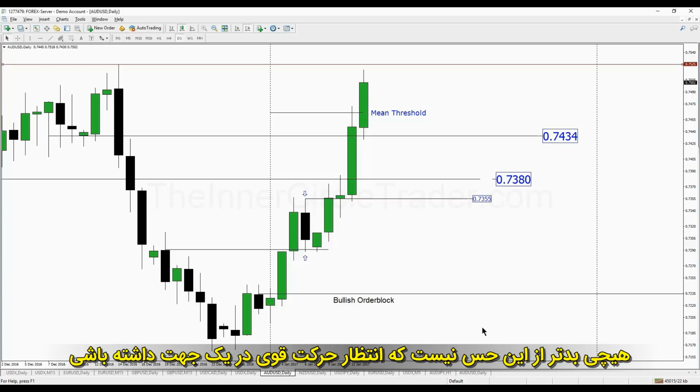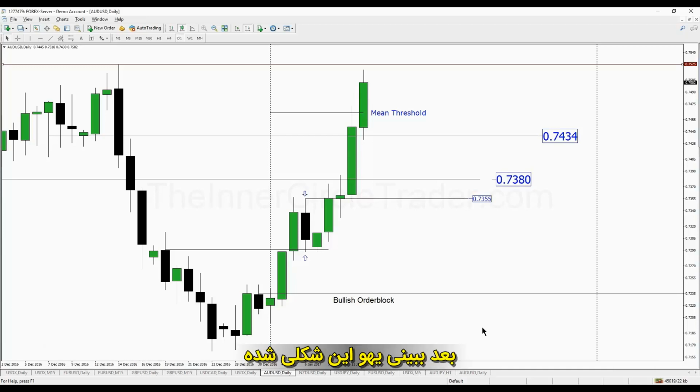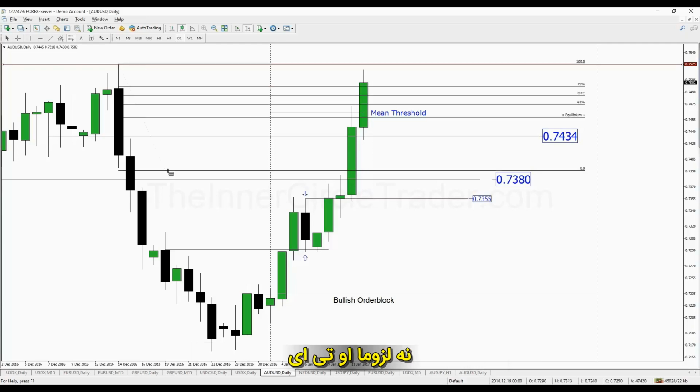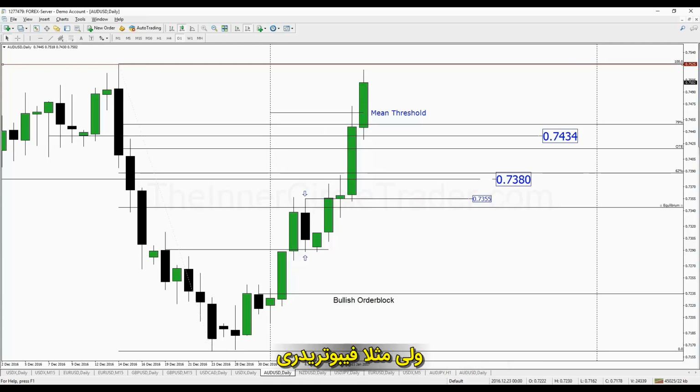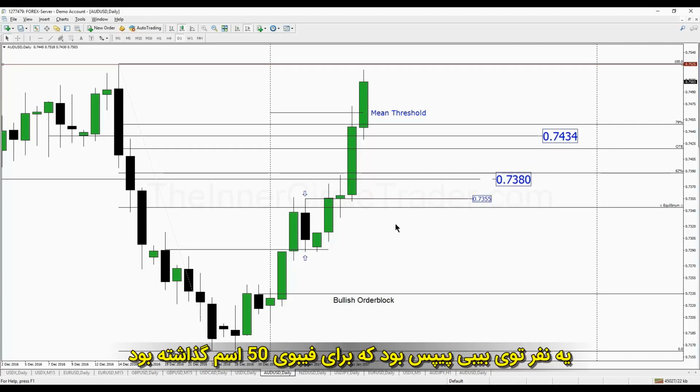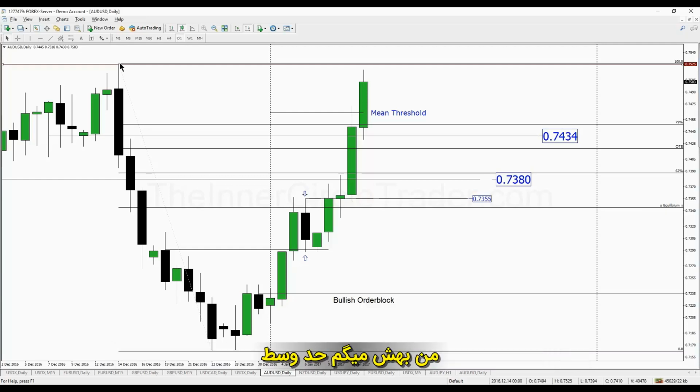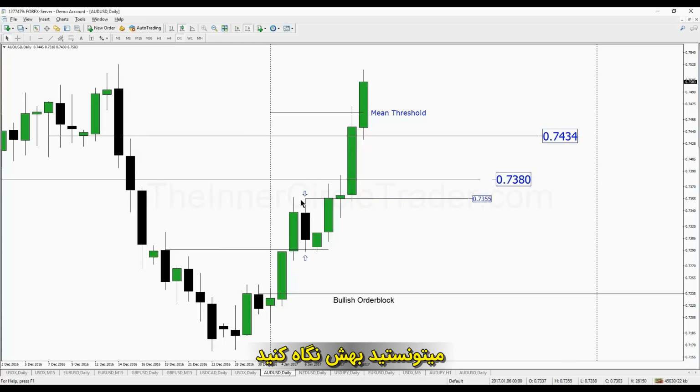There's no worse feeling than expecting a move to go hard in one direction and then seeing it do something like this. For instance, if you were looking at this move here, and say you were a Fibonacci trader, not necessarily optimal trade entry, and you saw the 50 level here. And there's a guy on Babypips who makes a name for himself trading at 50 level fibs. I use that as equilibrium, but you could be looking at that and say, okay, yeah,